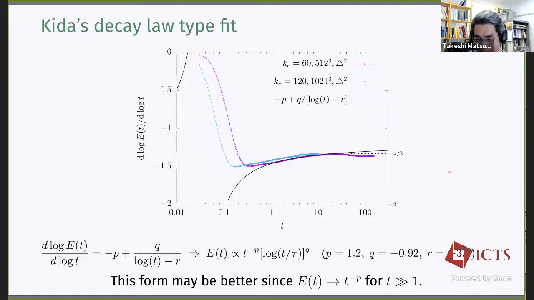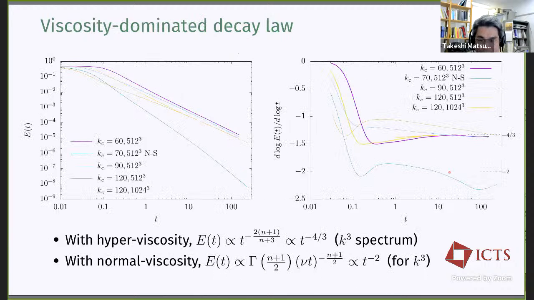So there's some inconsistency, but still, I think there may be some interesting point. Okay, so now I come back to the Navier-Stokes case. In the Navier-Stokes case, the total energy as a function of time is very different from those curves for the hyperviscous case. And if I take the logarithmic local slope of this curve, and this looks like this one,